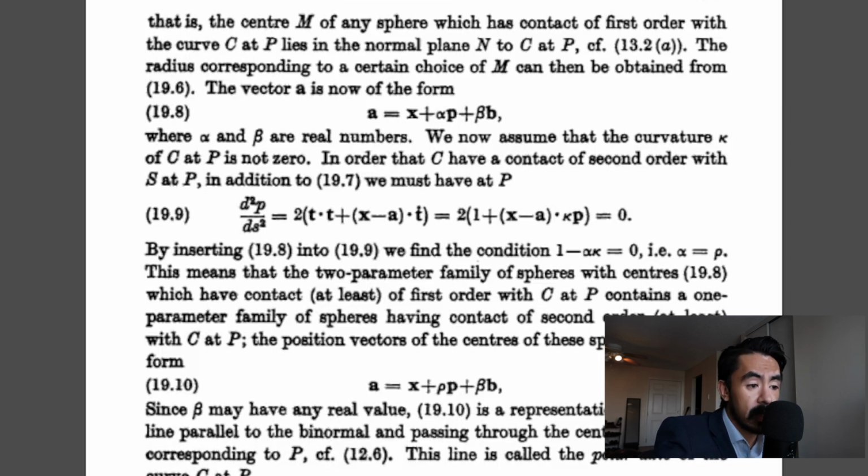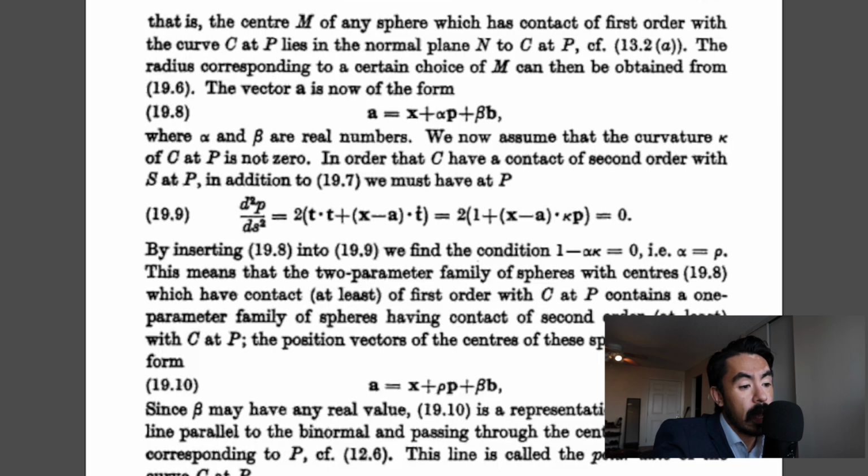In order that the curve C has a contact of second order with S, the surface, at the point capital P, then in addition to the things that we had just calculated, we must have at P that d squared P ds squared is equal to 2 times the quantity vector t dot vector t plus the quantity vector x minus vector A closed quantity dot product with t dot, referring to a derivative of this tangent vector t,